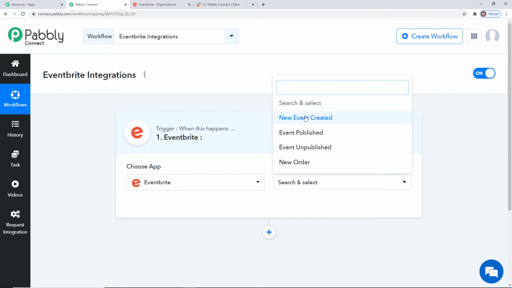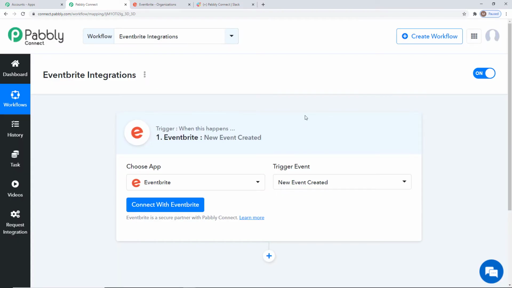You can select whichever trigger event you want according to your choice. And if you don't get the trigger event of your choice, you can contact our team at admin@pabbly.com and our team will help you. Now you might have a question in your mind: what is this term called trigger event? Let me tell you that automations run on the concept of triggers and actions. It is all about when something happens, do this. For example, when a sale happens, send an email. That is why whenever a new event is created in Eventbrite will be our trigger event over here.